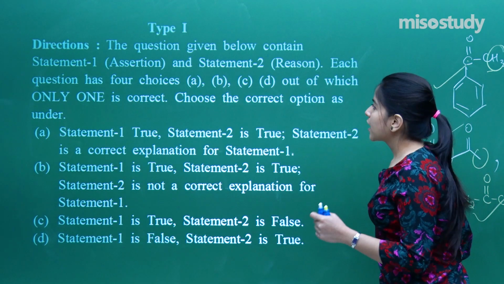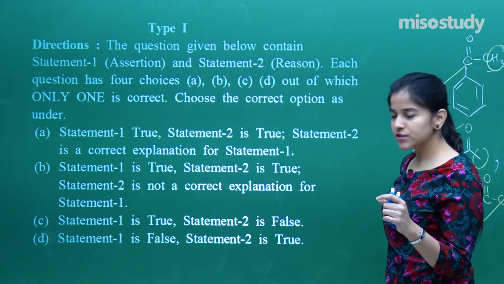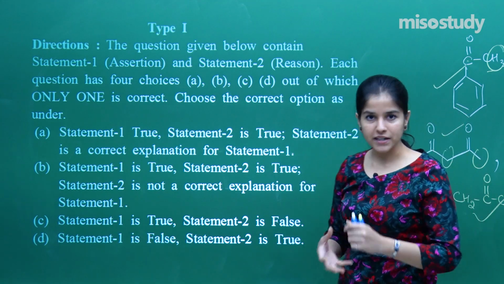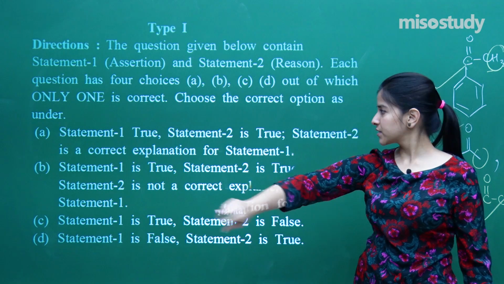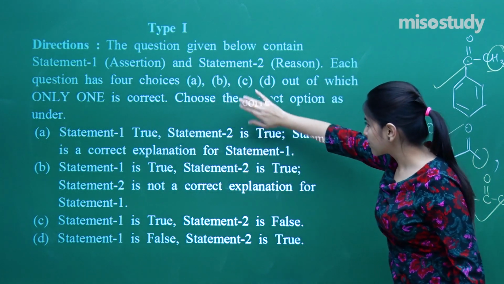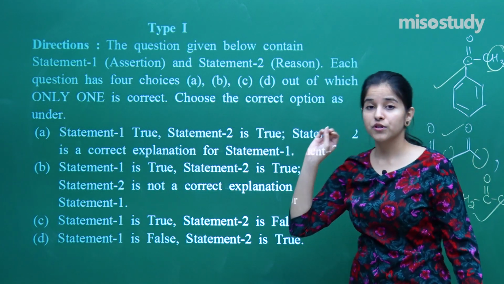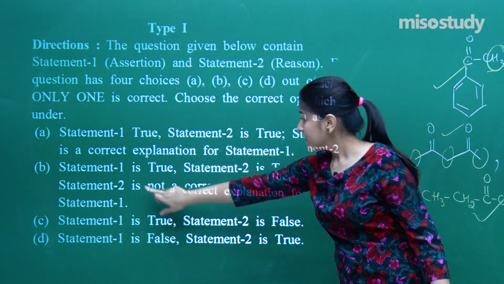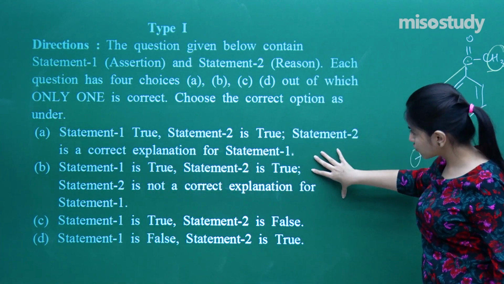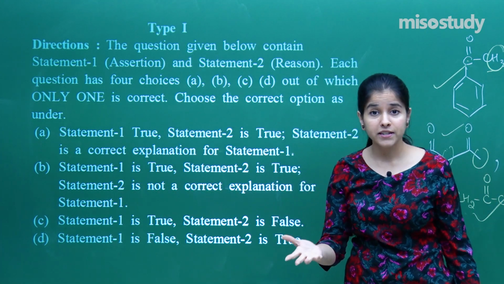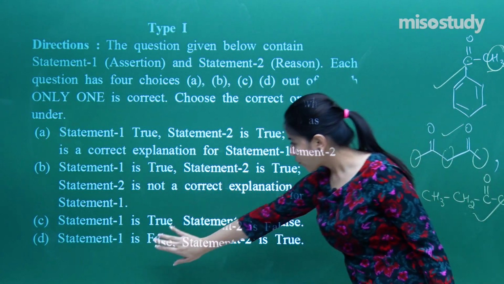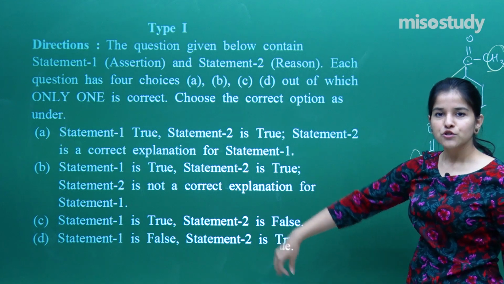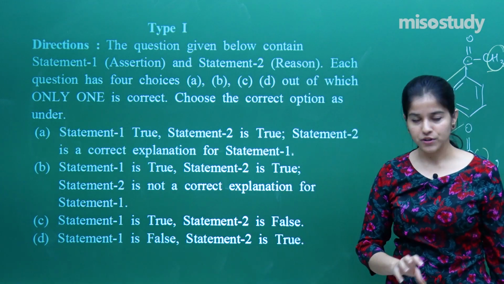Okay, it's now the assertion reason type question. So we all know what the criteria for assertion reason are. I have been given 2 statements. If statement 1 is true, statement 2 is true, and statement 2 is the correct explanation. Statement 1 is true, statement 2 is true, but statement 2 is not the correct explanation. Statement 1 is true, 2 is false. 1 is false, 2 is true. So these are the options that we need to select.